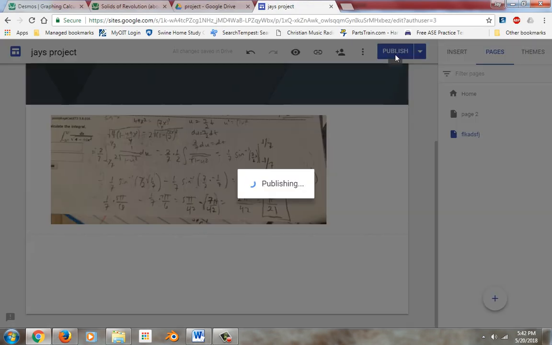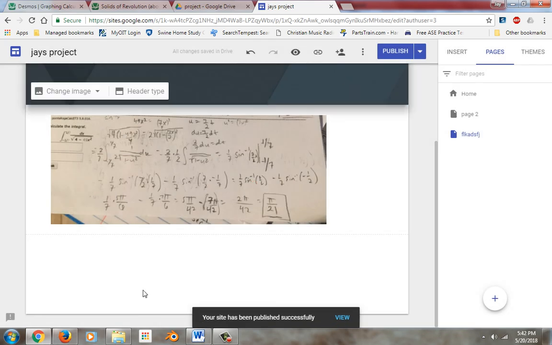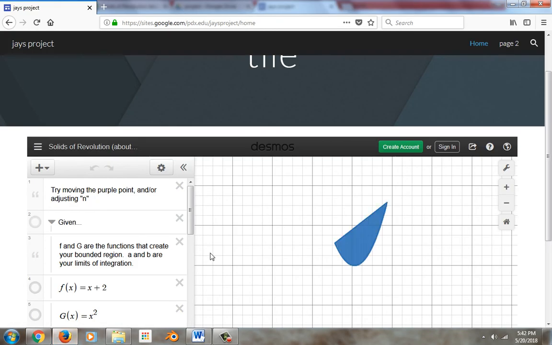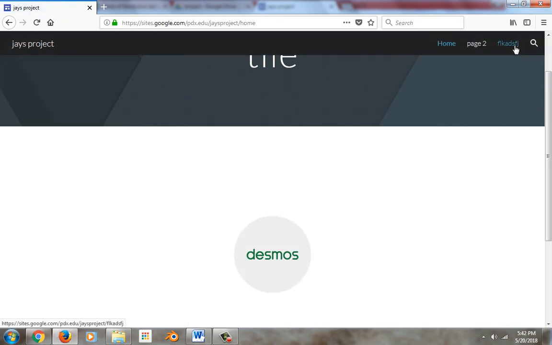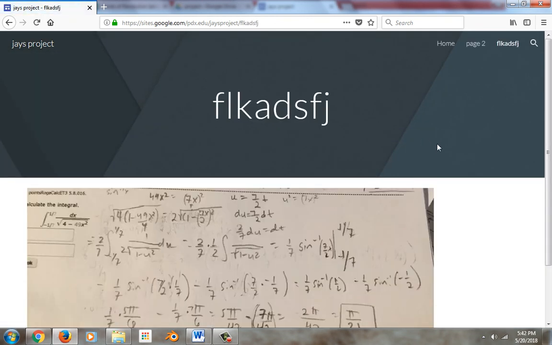So I click on Publish. Okay? And again, that's only because I added that. Now if I refresh now, the third page will show up. Sweet. But when I click on it, no